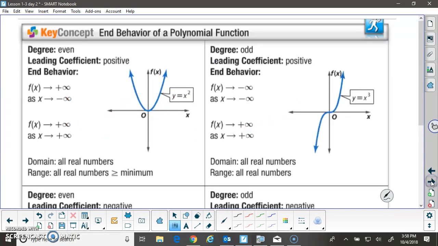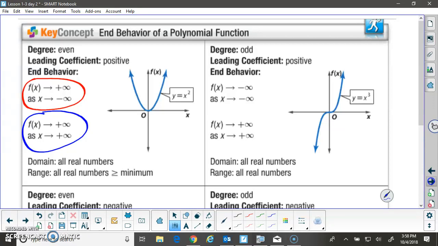Nevertheless, when we talk about end behavior, this is the notation that you used last year. So this is read as the function approaches infinity as x approaches negative infinity. What that means is as you go to the left, the function's going up. Consequently, right here, this is interpreted as the function goes up as you go to the right. And you can see that with the touchdown guy, whether you go left or right, the function's going to go